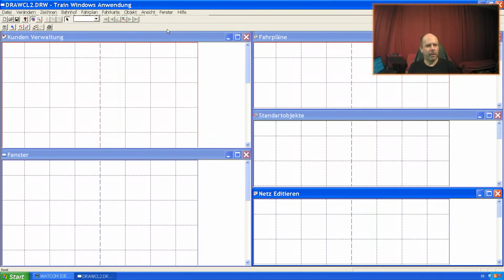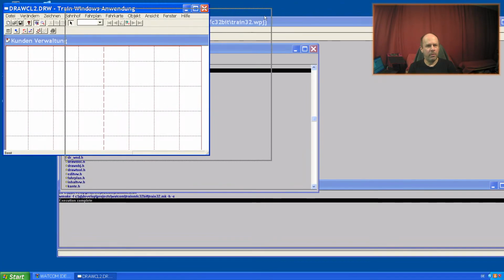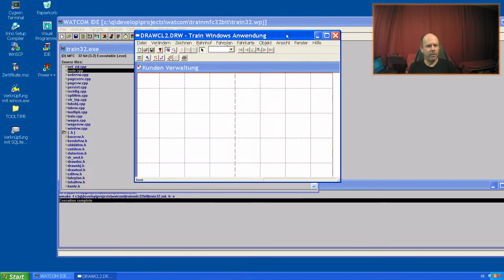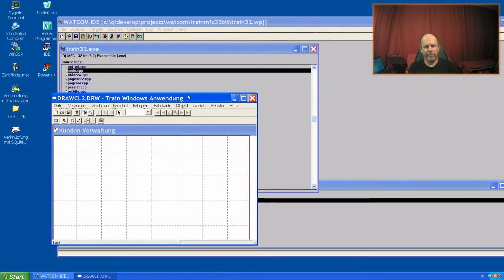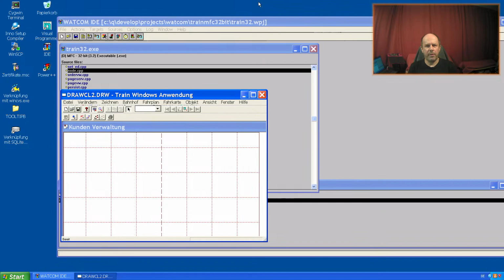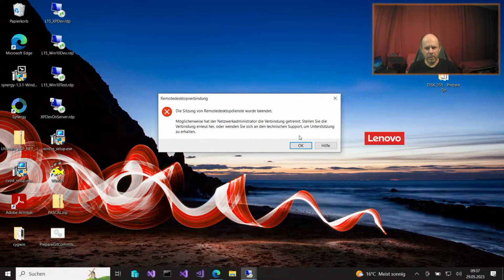And I want to show this code in a ported manner in Visual Studio. I have done it, but not on the machine I was on just before.